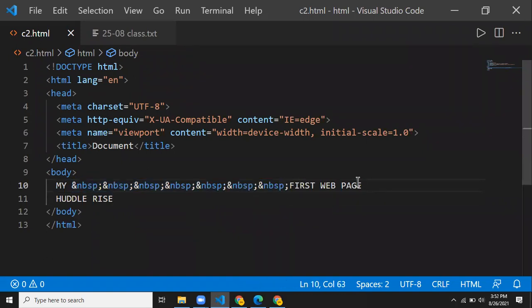Now after this, let us say after the first word, I want to add a new line character. Then we have a tag called the BR tag available. That will help me generate the new line character. Now you see the output, the next word has been moved to the next line for me.